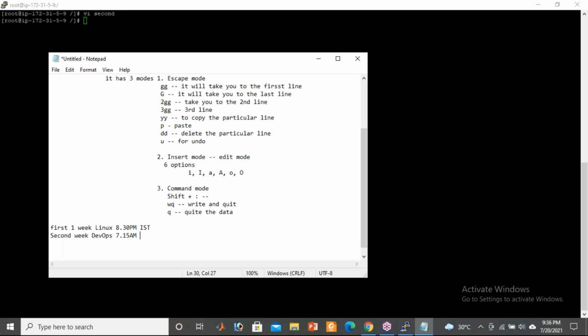One more batch is at 7 p.m. also. I have one more batch at 7 p.m., and you can join there too. Those are separate batches, guys. 7:15 is a separate batch, 7 p.m. is also a separate batch. There is no dependency between those batches. You can join any one of them. Next week onwards DevOps will start at 7:15 a.m. The 7 p.m. will take one more week; after the second week, in the third week, DevOps will start at 7 p.m. So you can join either morning or evening, whichever is comfortable for you.